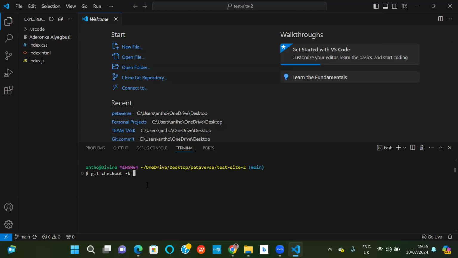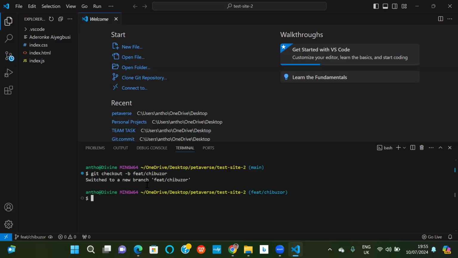Remember, I said that if you're creating a new feature, your branch will start with feat/ the name of your branch. And if you're creating any update, it will start with update/ the name of your branch. So let's assume you're creating a new feature. So feat/, correct. I said it. You are the bomb. So hit enter.